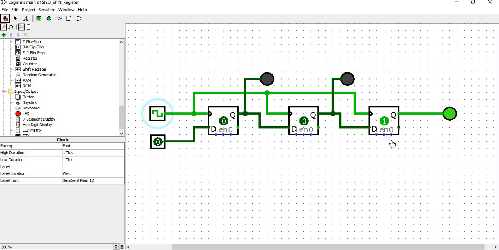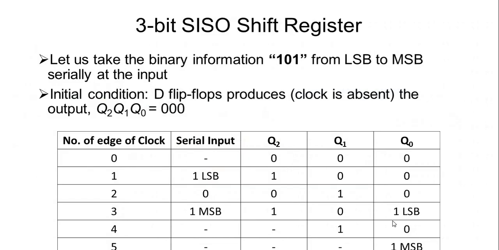After the fifth cycle, I would be able to get the serial output 1, 0, 1. As you can see in the table, at the fifth cycle only, I'll be able to get my valid output, that is 1, 0, 1.